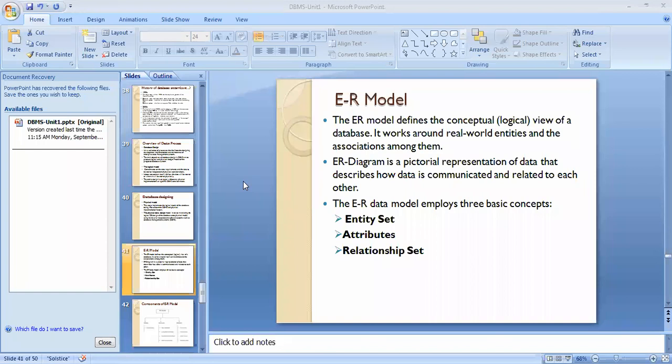It may be a thing or an object: any car, person, or book is an entity. An ER diagram is a pictorial representation of the data that describes how data is communicated and related to each other.